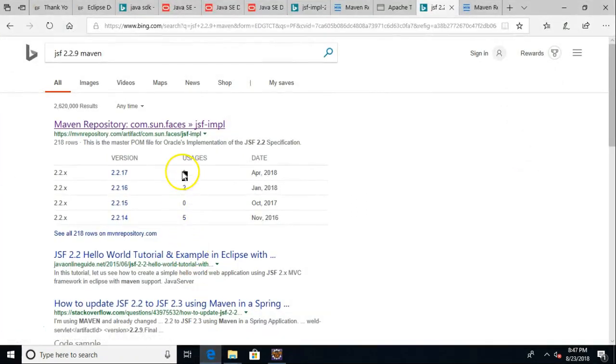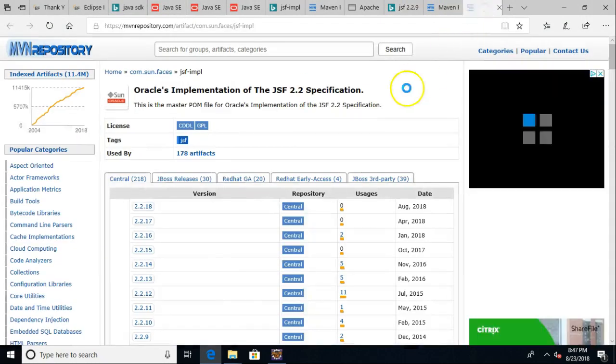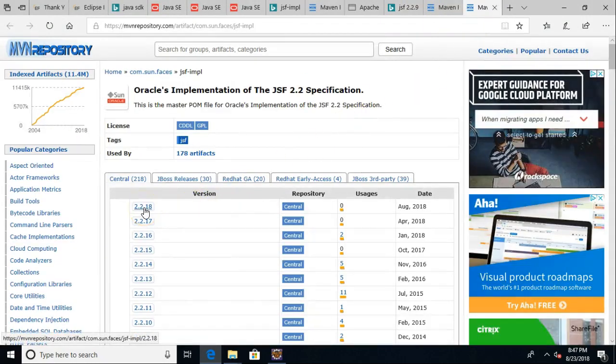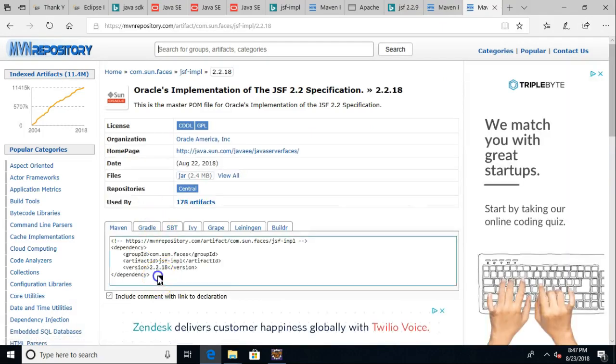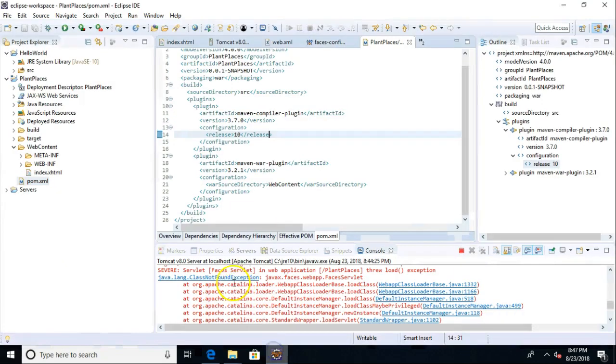Just do a quick search for JSF 2.2 Maven, and generally in the first couple of results, you'll see some options. As a matter of fact, here you see there's actually a much newer version, 2.2.18. So I click on 2.2.18, and you see copy to clipboard. That looks good. And so now I'm going to go down to my Maven file, and I need to add